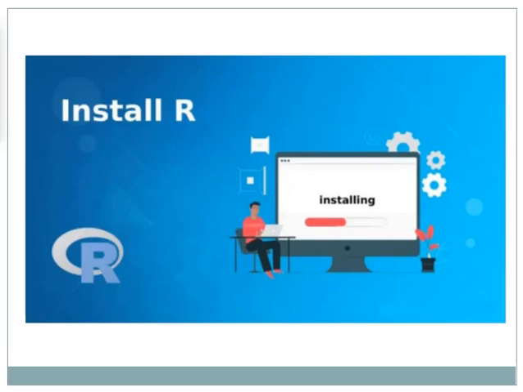Hello all, in this video we are going to learn about how to install R. R is one of the most commonly used statistics software that comes for free in the market. It is the most commonly used open source statistical analysis tool that is available in the market. It supports analysis as a simple programming or an interactive mode.